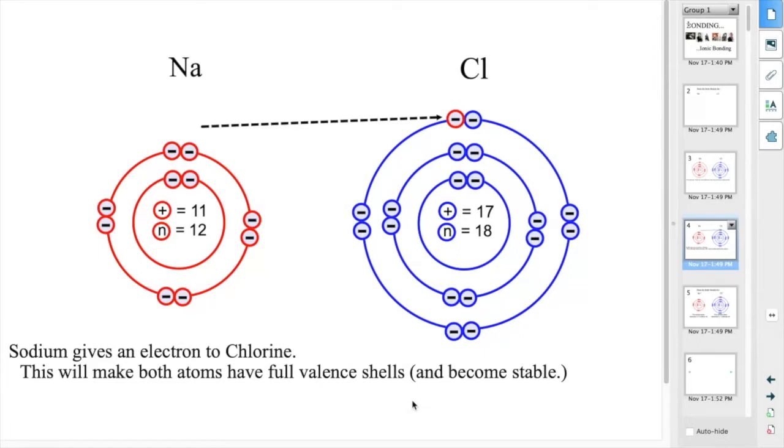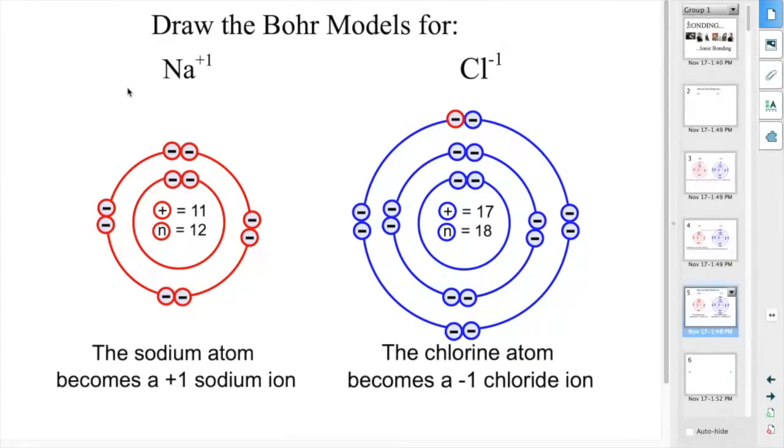Chlorine says, thank you very much. Sodium has 8 in the outside shell, full octet. Chlorine has 8 in the outside shell, full octet. Fantastic. And as you can see, sodium has lost an electron, and that will make it a +1 ion, because